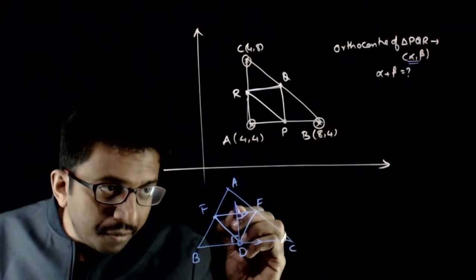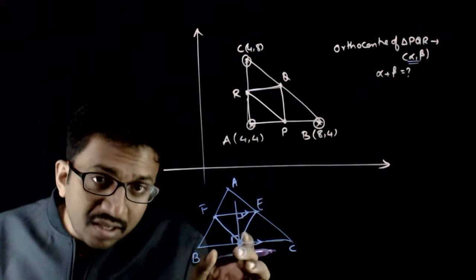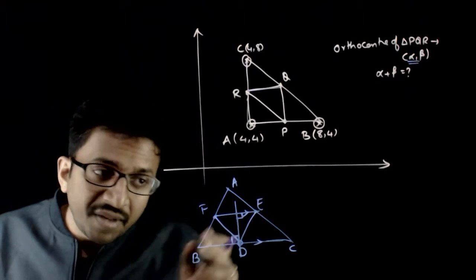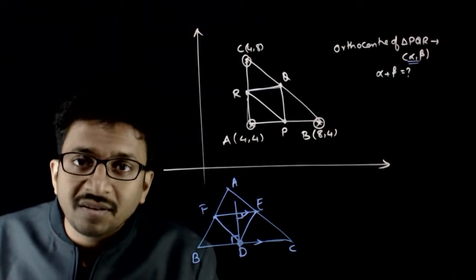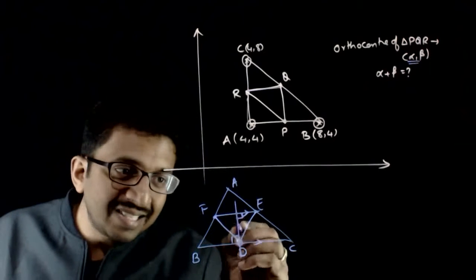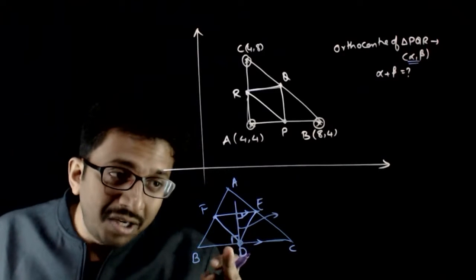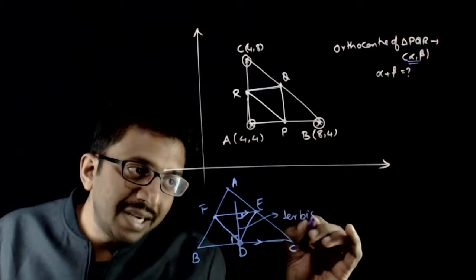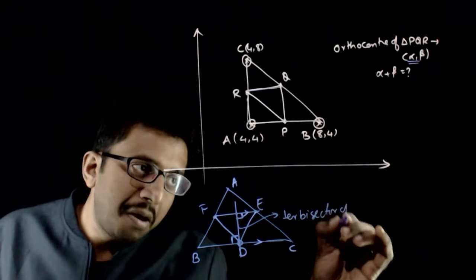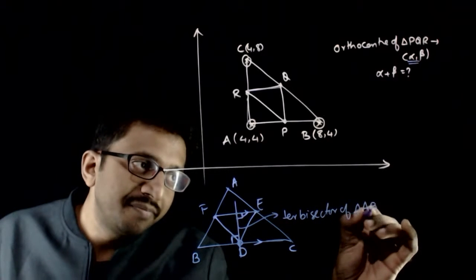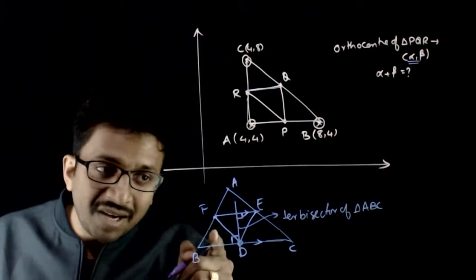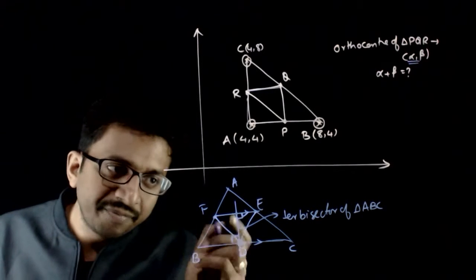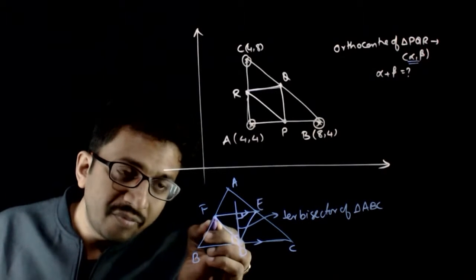That means the altitude of triangle DEF is nothing but the perpendicular bisector